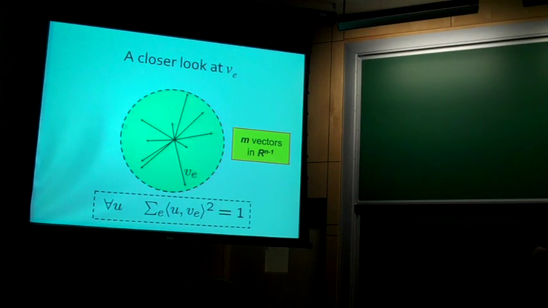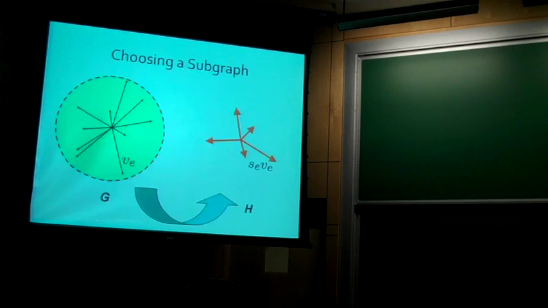So, I forgot, I had a slide here explaining what I mean by moment ellipse. It just means for any vector, this should have said unit vector u. For any unit vector u, the sum of the squares of the inner products of u with all my vectors is always 1. So in any direction you take a look at quadratic things, this looks like the sphere.